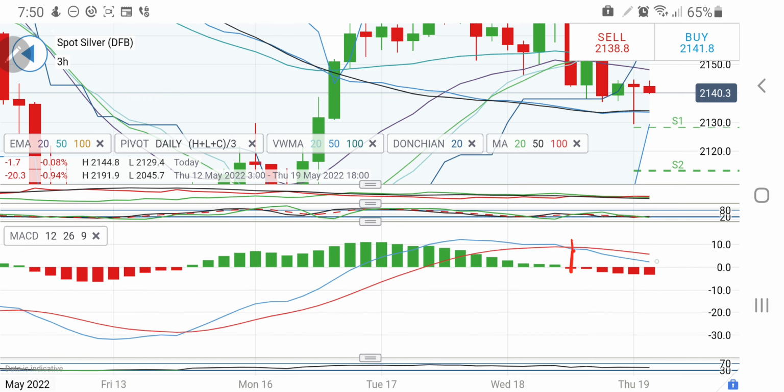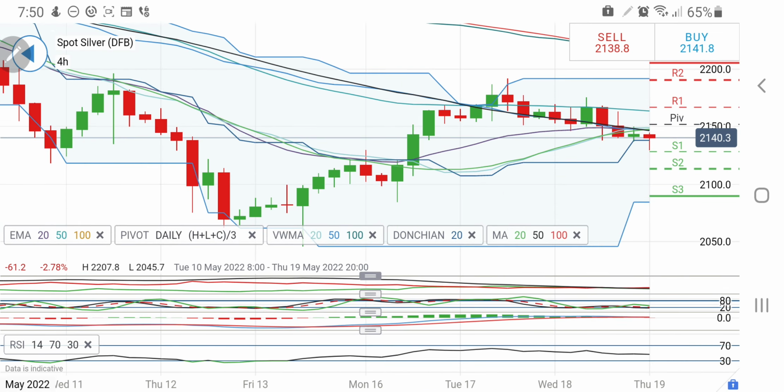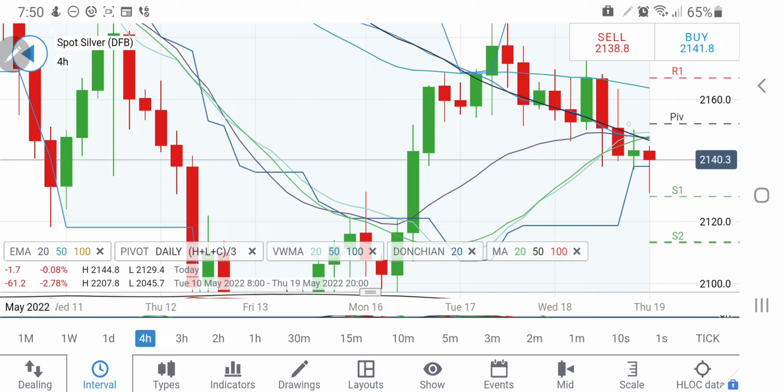MACD has crossed over and it is still trading with divergence and a bearish bias. RSI is trading flat, and on the 4-hour charts, similarly lower highs, and look at these two candles, diminishing body size, a consolidation, and now it is trying to trade with a drop. That is why I say one can only go short below 2130 levels, below which one can expect a sharper drop towards 2110, rather 2115, which is going to be a little support, and below that we can expect it to drop below 2100 levels.